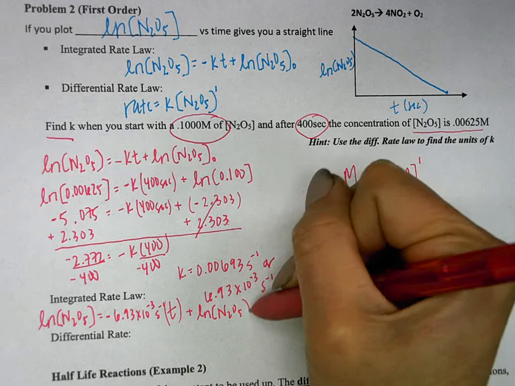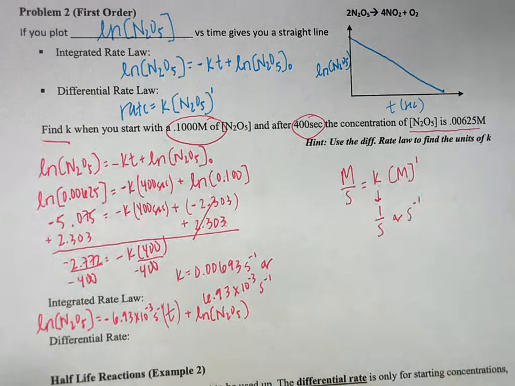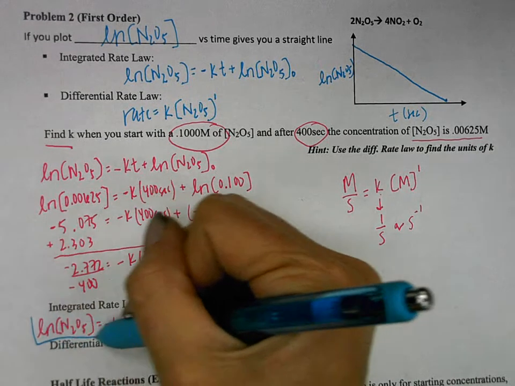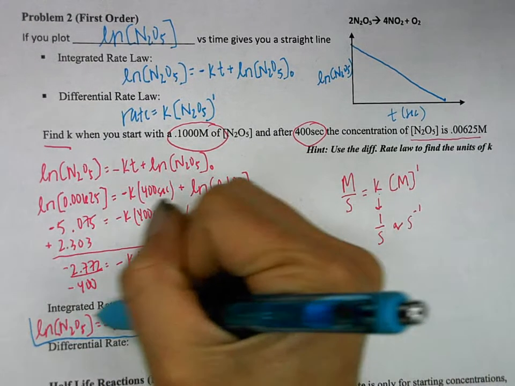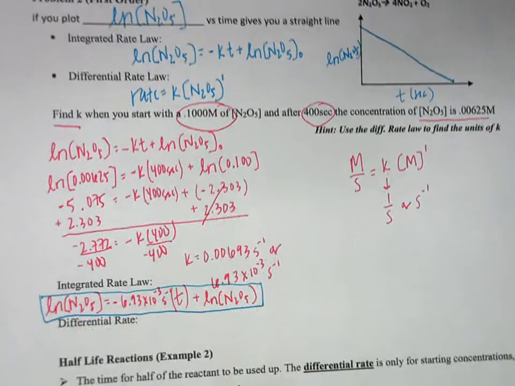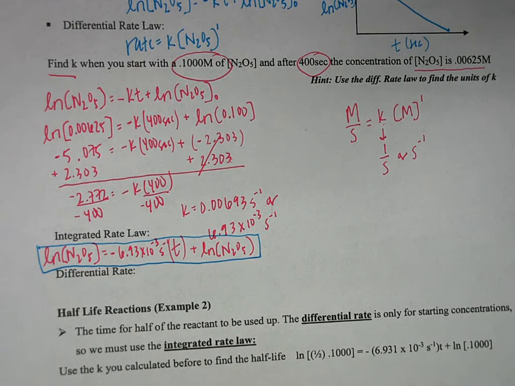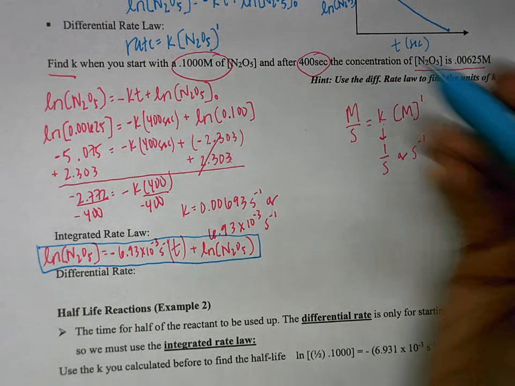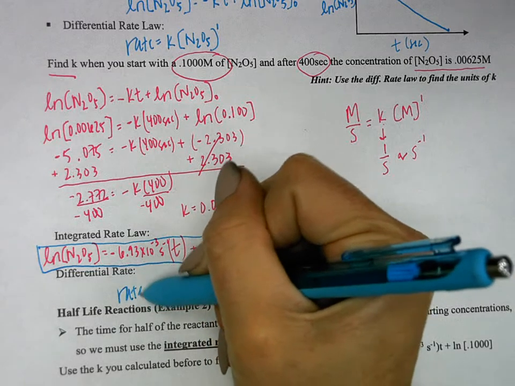Like I said, that value is never going to change. It's going to stay constant, so you can just plug in the value you want. So that would be our integrated rate law, right? And our differential rate law, remember, is not time dependent, so it'd be rate equals our K,